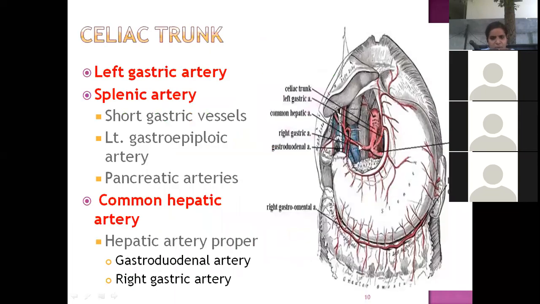Okay, so we know this is the common hepatic, which further divides into proper hepatic. CP, you remember like that, it becomes CC. Common hepatic, proper hepatic. Okay, and gastroduodenal. These are the branches coming from common hepatic. Okay, so from the hepatic artery proper only, you have seen one artery coming down like this and running along the lesser curvature of the stomach. You call it as right gastric artery.